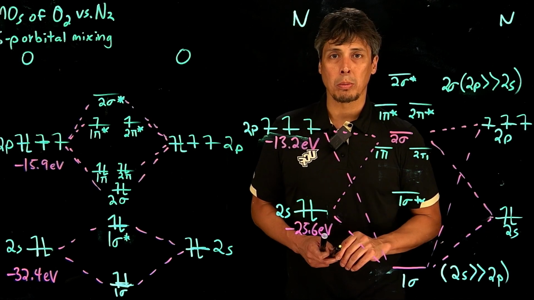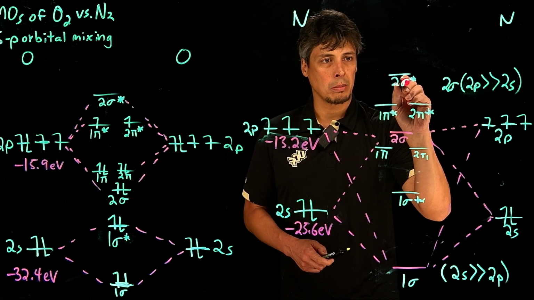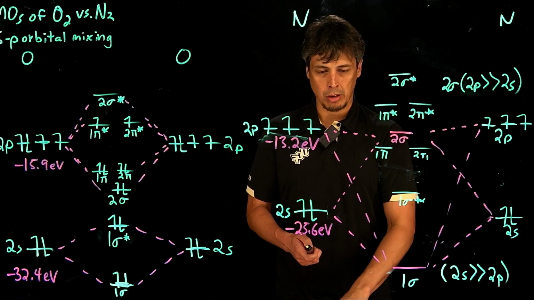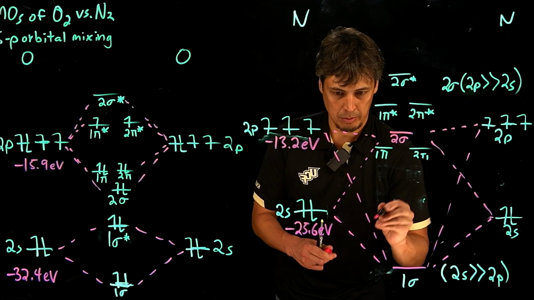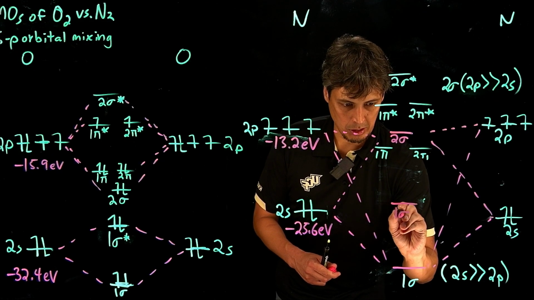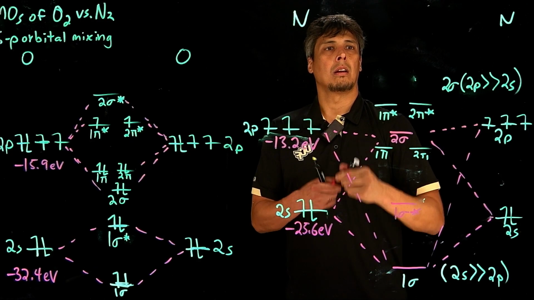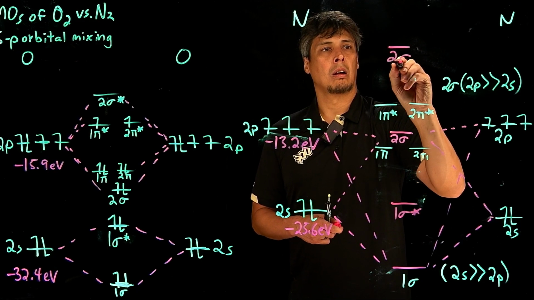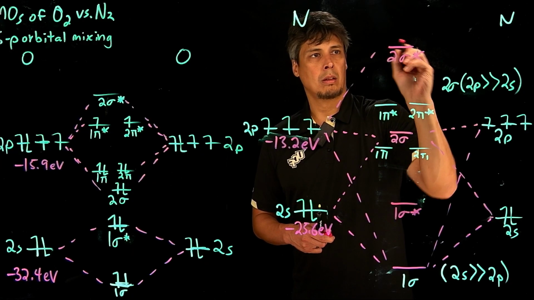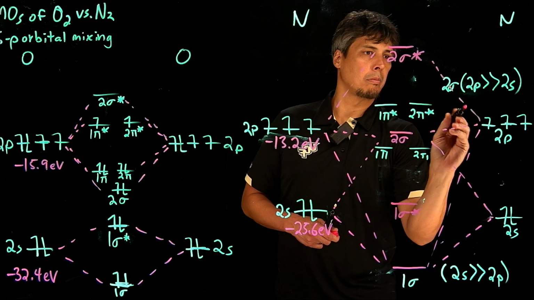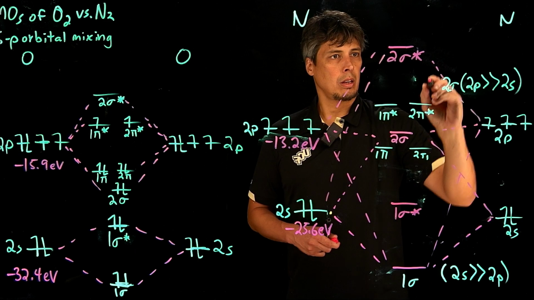And so other orbitals are also mixed in this, again, because the energy levels are similar. So we have similar symmetry for the 2 sigma star and the 1 sigma star. So there's also mixing between these orbitals. The 1 sigma star is stabilized a bit at the expense of the energy of the 2 sigma star, which is destabilized. And again, we have both 2s and 2p character